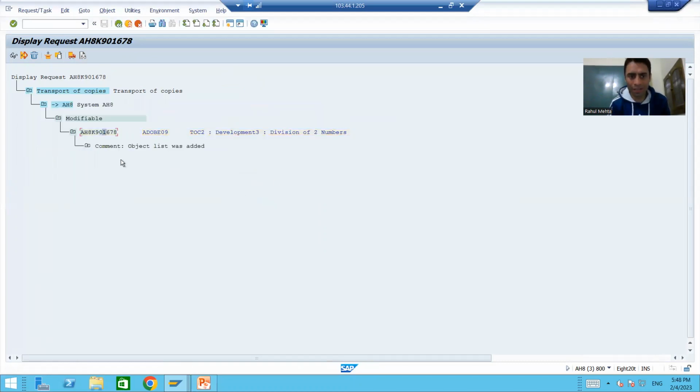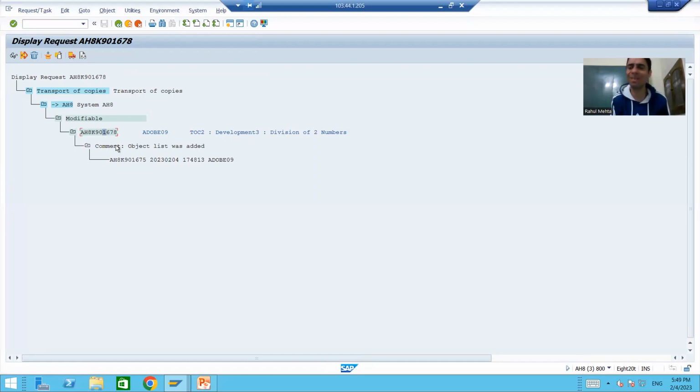Now our main request is part of this transport of copy. We can release this transport of copy and ask the basis person to import it. Once the basis person imports this transport of copy, whatever additional changes we have done, functional can do the